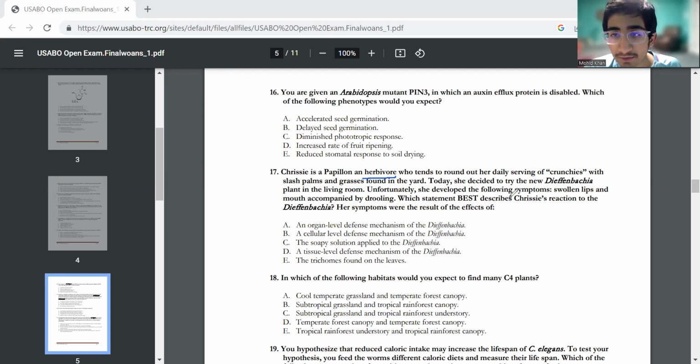Which of the statements best describes Chrissy's reactions to Dieffenbachia? And her symptoms were a result of the following effects. All right, so trichomes could be possible, but I'm very, very doubtful. Actually, the way I would solve this question is, I think in chapter 39, which talks a lot about plant hormones, you can go to the very end of the chapter, and it's